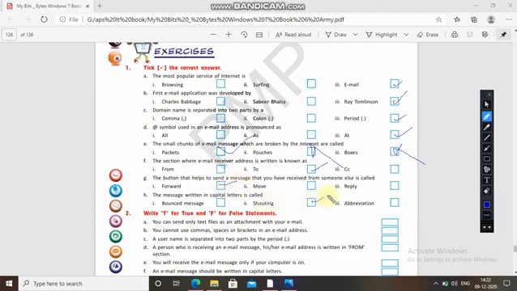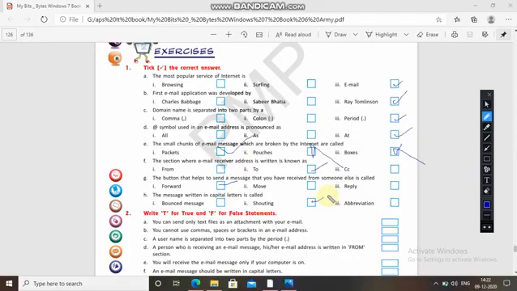Okay, once again I am repeating. The first answer is email. Second, part B answer is Ray Tomlinson. C, periods. Fourth, option D question is at. Question number E, packets. Question number F, to. Question number G, forward. And question number H, shouting. These are the answers for choose the correct answer.